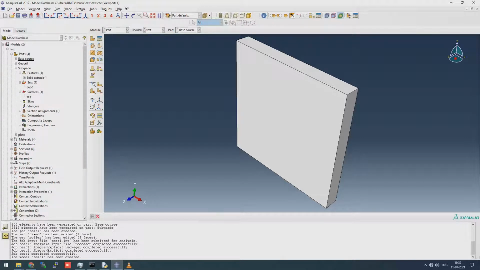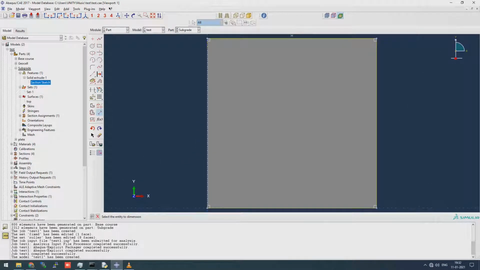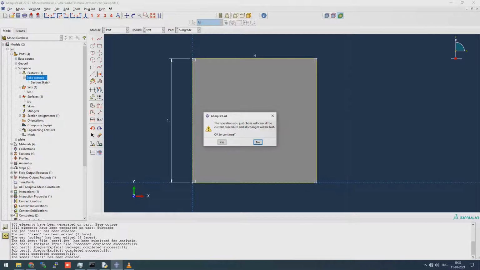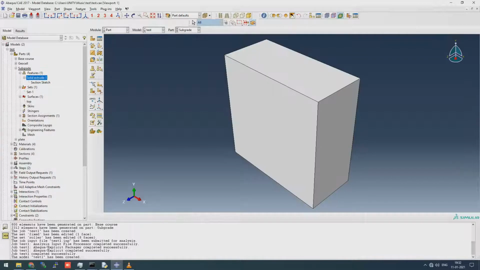And very similar to this, we have our subgrade. Let me show you the section sketch of the subgrade. This is 1 meter by 1 meter, as you can see, 1 meter here and 1 meter here, and the depth of this is 0.45 meter, that is 45 centimeter depth of subgrade we have assumed.